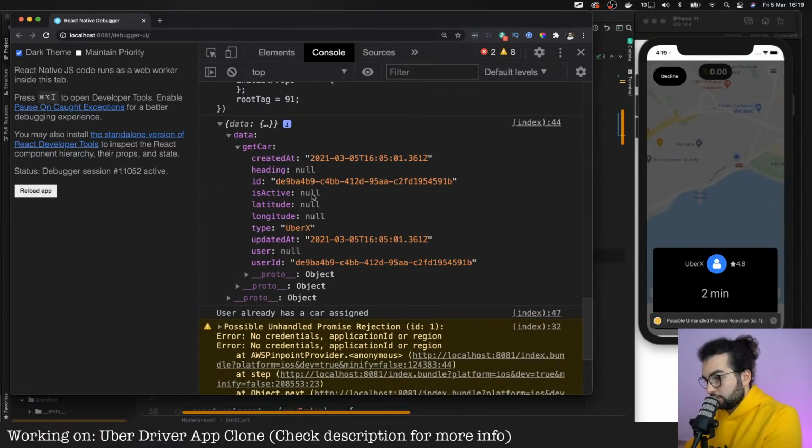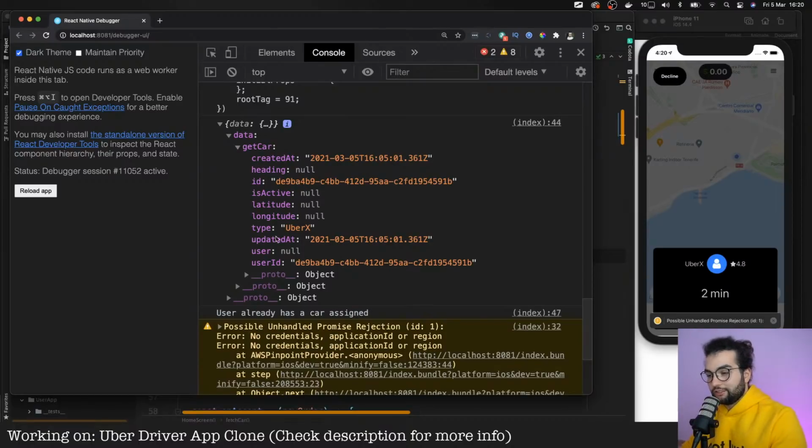ID, isActive is null, that's okay. User is null. It doesn't properly do the connection between the user and the car. Now for us, it doesn't really matter because we can query directly the car.